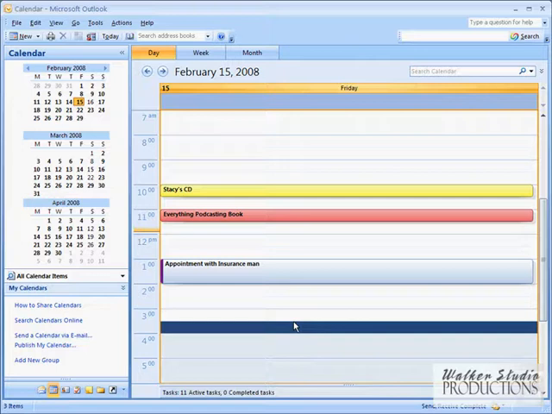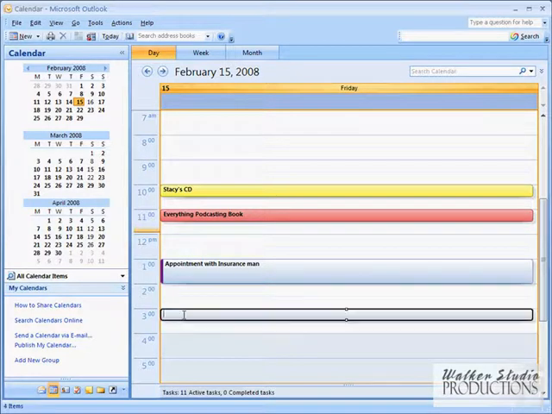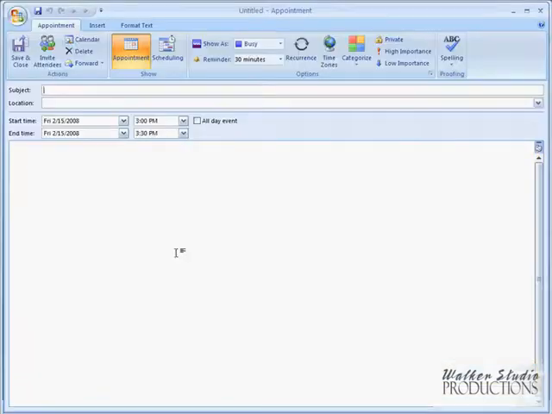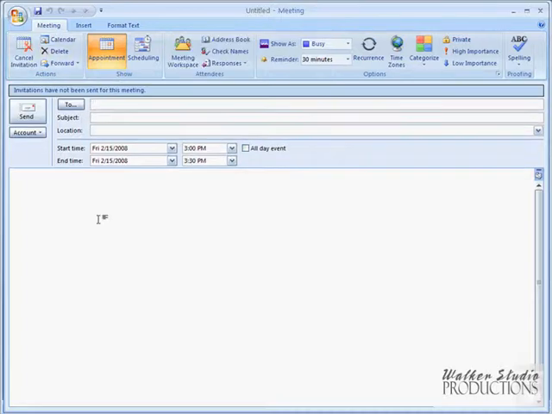What I'm going to try to do here, and this is going to get a little bit tricky, but I'm going to try to schedule an appointment and invite myself to it, just because I want to show you some of the features that Outlook has pertaining to that. So let's just double click. There's a couple ways we can do this. You can double click on a specific time slot here, and we're going to go ahead and switch to the